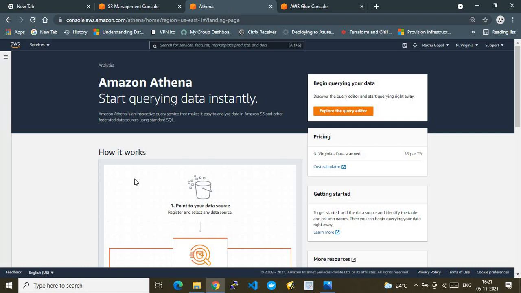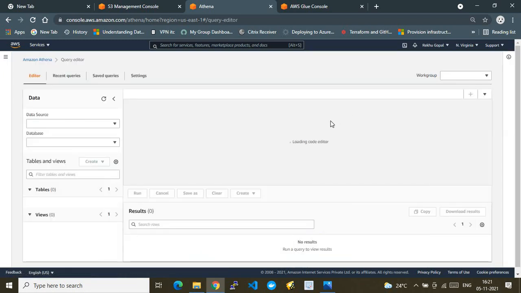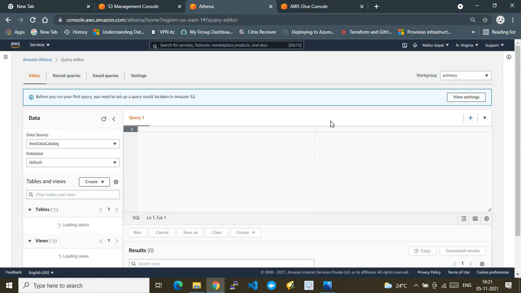This is again my same AWS account. In this account, I'm configuring the Athena service, which will use the Glue crawlers. That is the main important part of this demo. So I have directly gone into the Amazon Athena service, then into the query editor. Here this is how it looks by default. Let me show you the data source. We have only one data source, and the default database is the database which we have.